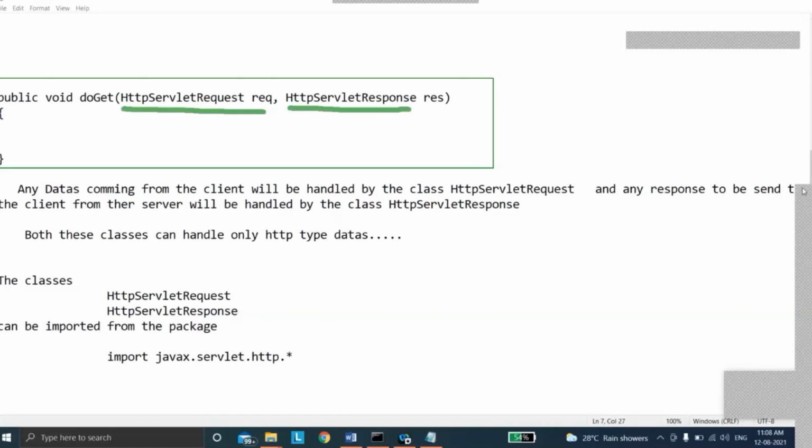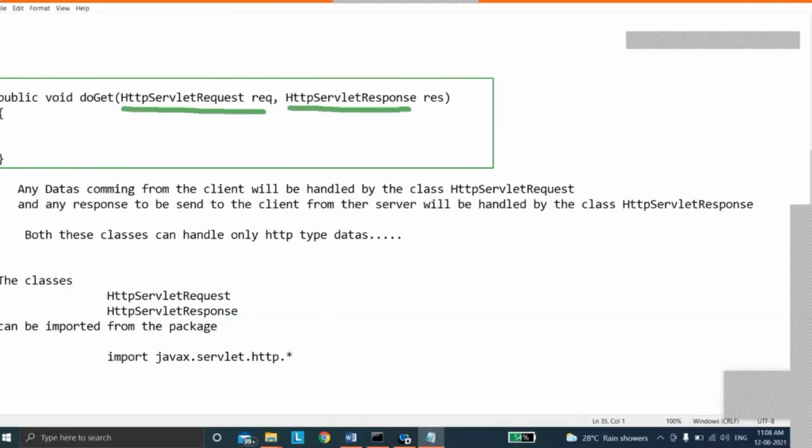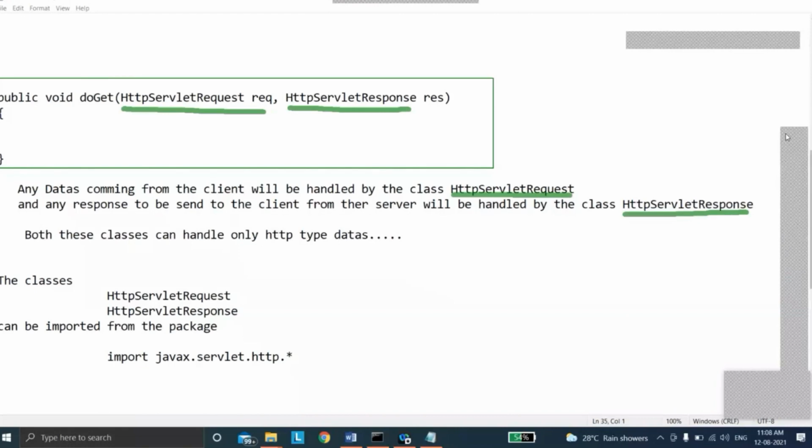Now, what is this? Any data coming from the client will be handled by the class HttpServletRequest. And any response sent to the client from the server will be handled by the class HttpServletResponse. Both these classes can handle only HTTP data types. Now, the classes HttpServletRequest and HttpServletResponse can be imported from the package